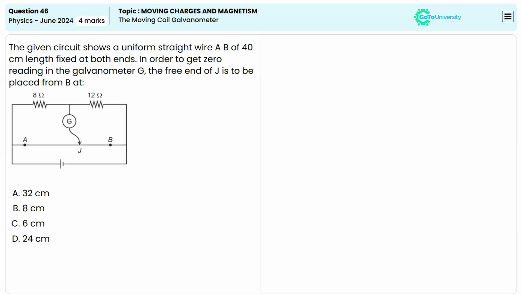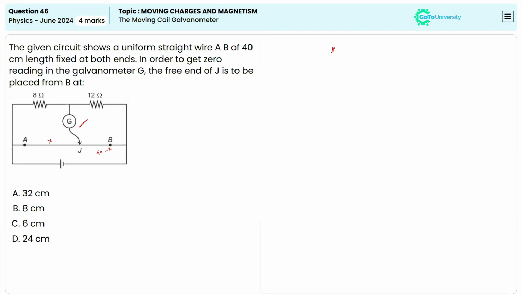Just let me know what the correct answer is. It's a very easy question, about only balancing. I just included this question for the galvanometer. It's known that whenever the galvanometer shows null deflection, that will be the balance point. So this distance can be x and the other distance can be written as 40 minus x, because it's given that the total length is 40.